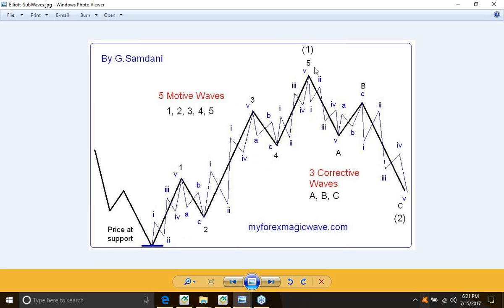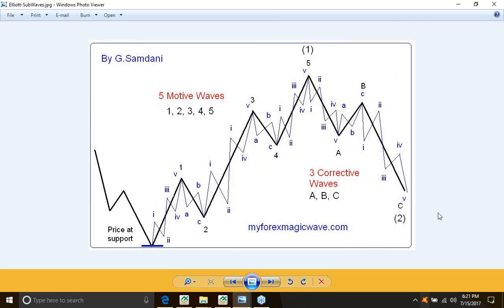And then once you finish this whole wave 1, like here, wave 1, then an ABC correction here, right? Okay, so if this whole thing here with the bracket is wave 1, then we need an ABC correction for this wave. So now we are coming down on an hourly chart. You see wave A, B. For example, this was an hourly move, and this is a daily or 4-hour wave 1. Then we need to come down for wave 2 on a daily or 4-hour, but it's 3 waves like here,